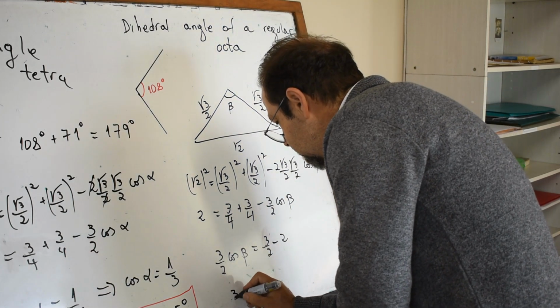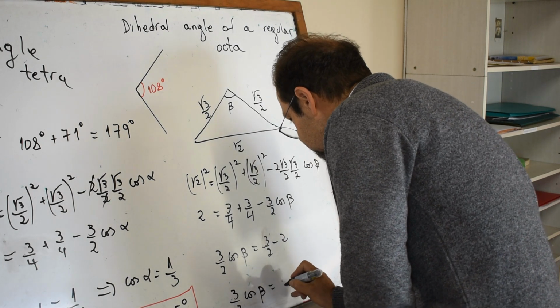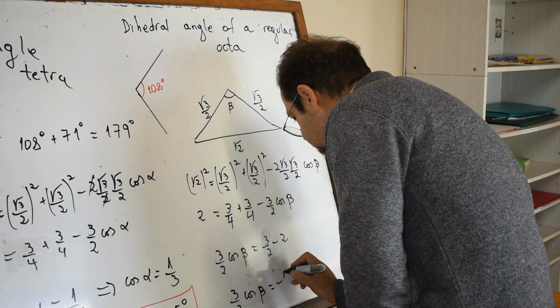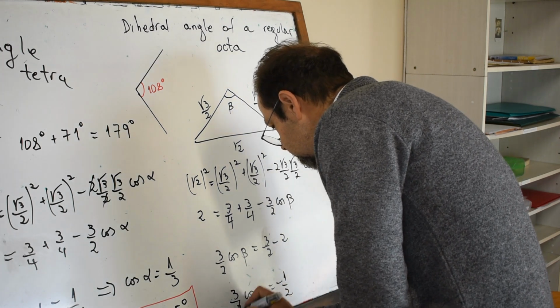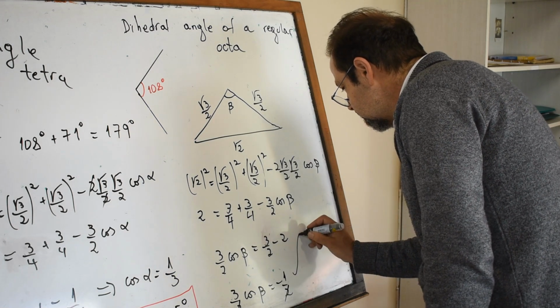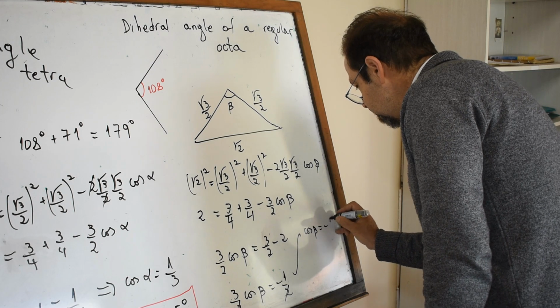So 3/2 of cosine of beta is minus 1/2. We can cancel the 2, and cosine of beta is minus 1/3,